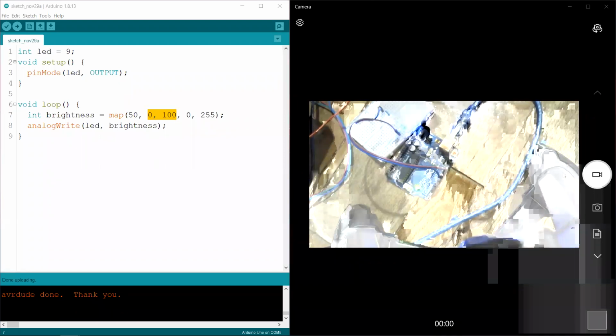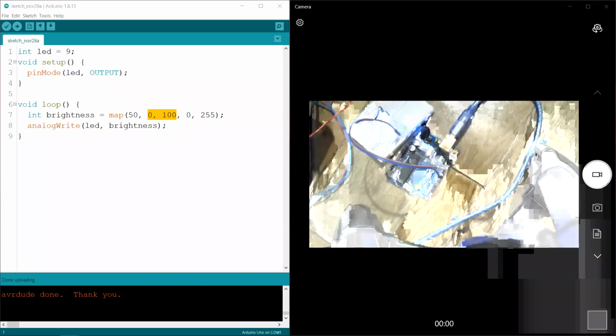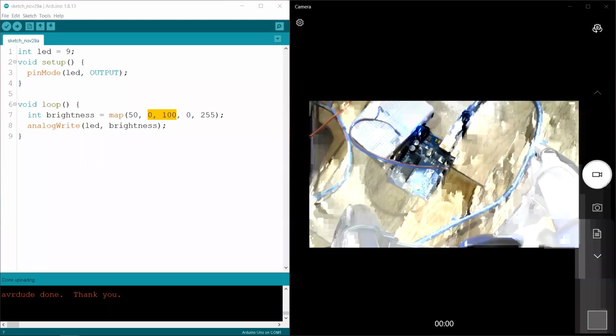For mapping, can we put any digit? Yes, you can put any digit, but if you are going to use PWM, it has to be 0 to 255 to use the full range.